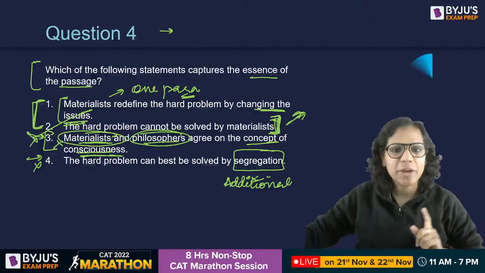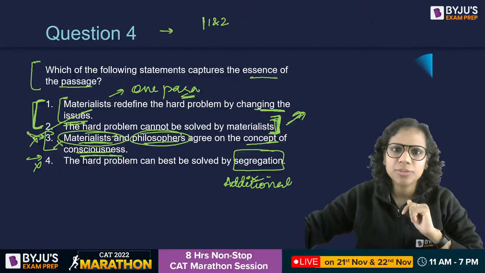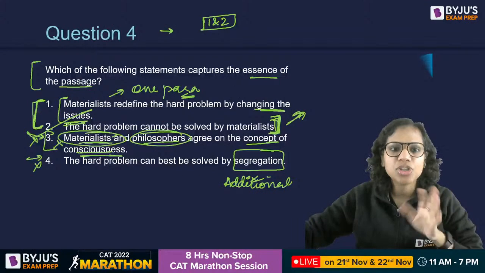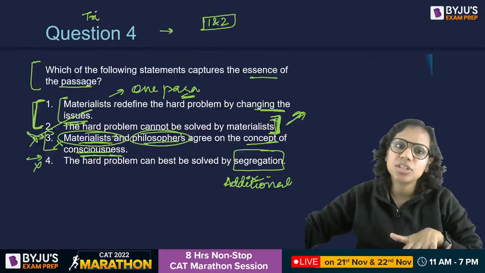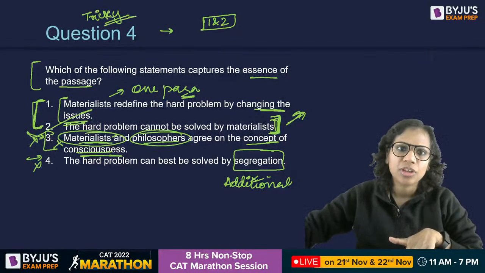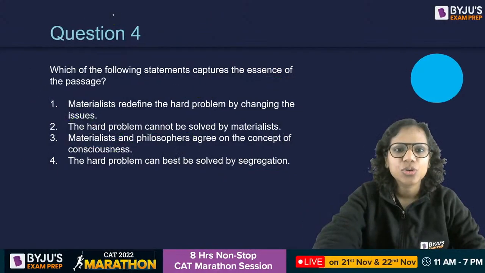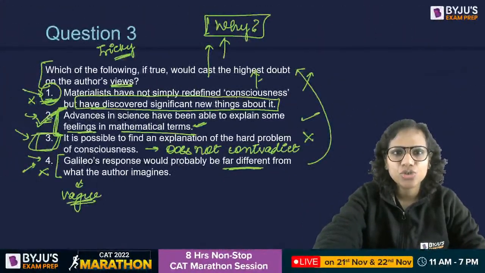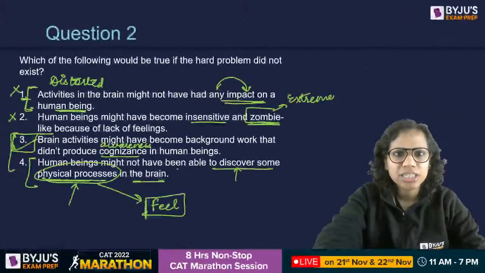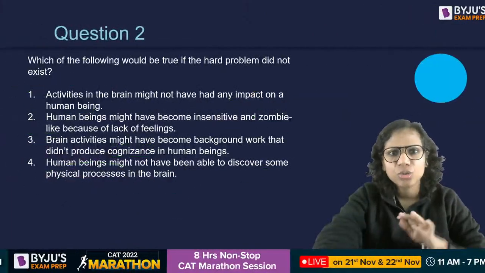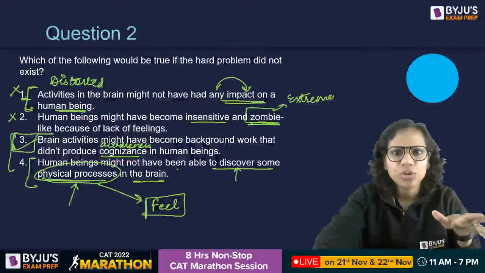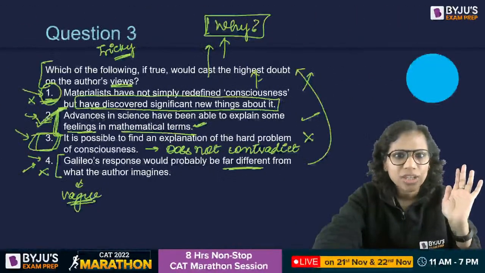All right. So I expected you to narrow down to 1 and 2 here. Because a lot of you said 3, probably this was a tricky question for you. So all in all, this passage had 2 tricky questions. Yes. I think 2 tricky, 1 moderate, 1 easy. We could call it that, right?